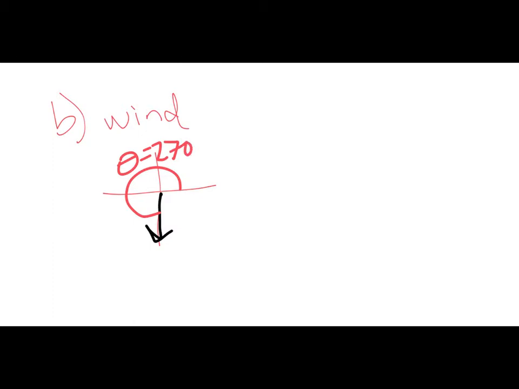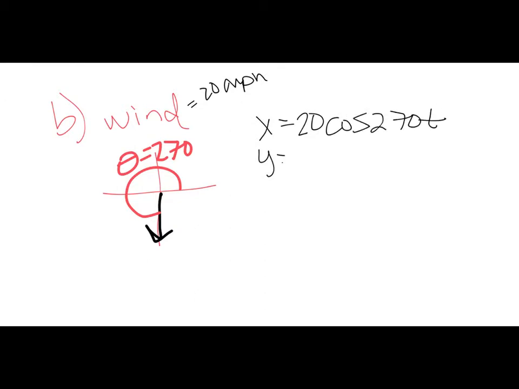Part B has me do the wind. Okay, so my wind, they said, was going in this direction. So I need to know what this is, and that's 270. Go back to 3. Okay. So then my equations for my wind are, oh yeah, 270. I'm going 20 miles per hour for the wind directly south. So 20 cosine 270 and 20 sine 270